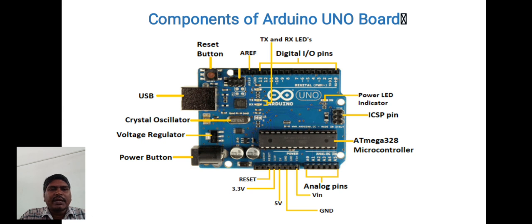If we go anti-clockwise, from the ATmega328 controller, the next one is the ICSP pin, the power LED indicator, then the digital IO pins, then the transmitter and receiver LEDs, then AREF, then the reset button, USB interface, and crystal oscillator. Next is the voltage regulator, then the power button, and then these are the analog pins. Like this we can discuss one by one. So the first one is